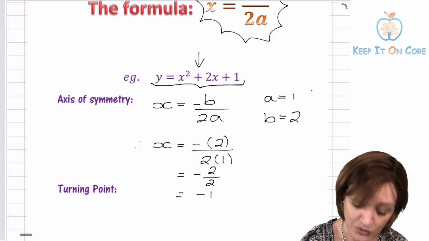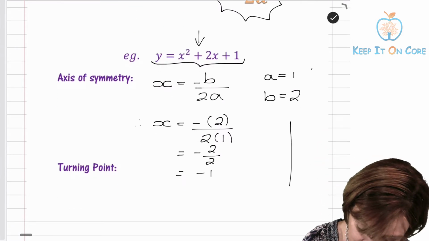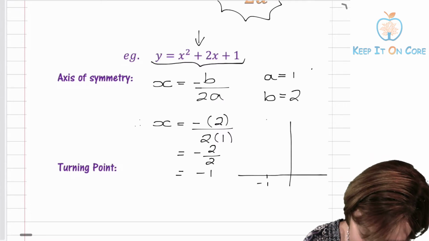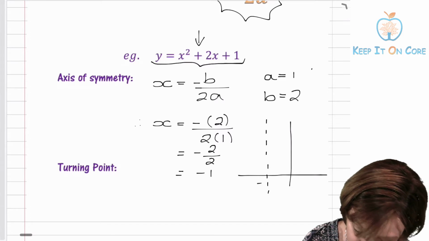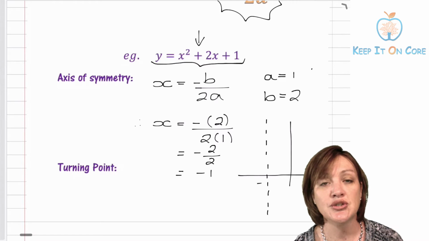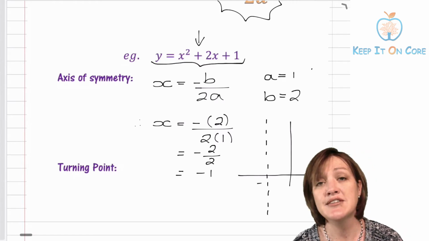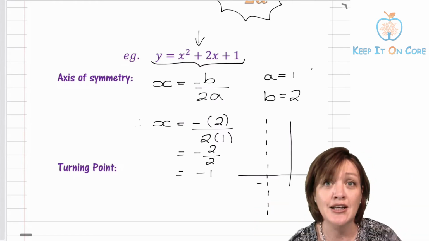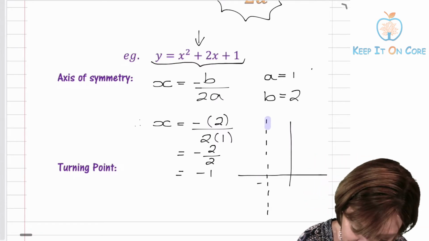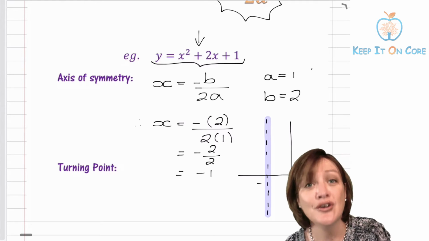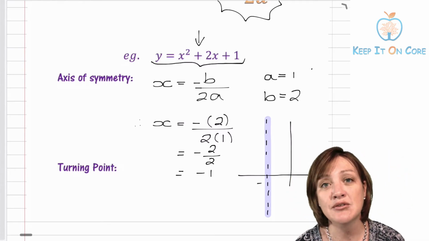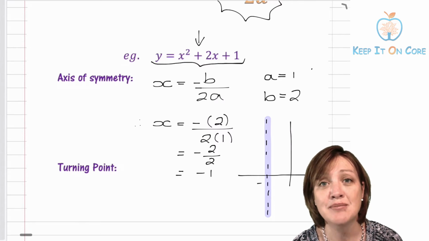All right, great. So let's just indicate on our axis, if I had an x and a y axis, and if this point over here was now negative 1, we know that the graph is now having that line there as its axis of symmetry. In addition to working out the axis of symmetry, we also need to determine its turning point. Because it's symmetrical about this line, it means that it's going to have to turn on that line over there. So therefore, the x-coordinate of your axis of symmetry is always going to be the x value of